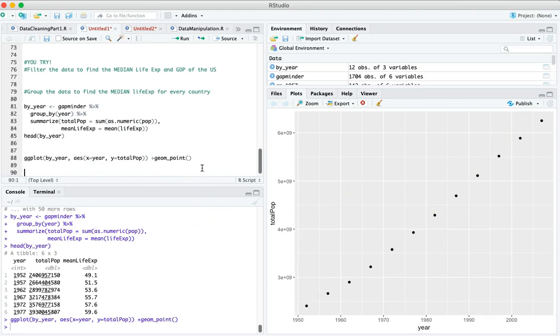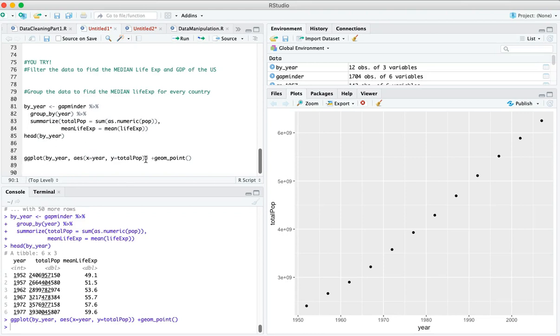All right, so now let's go ahead and expand our limits down to 0. You'll notice that our total population starts here at about 2.4 billion people, but that's not always representative. Most statistical software programs will start your graph at whatever the lowest number is for your data, but often we want to start our graphs at 0, because there is the theoretical possibility that there could be 0 people on